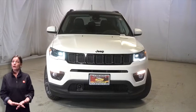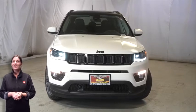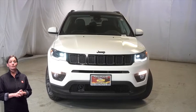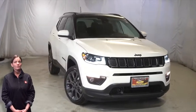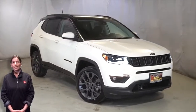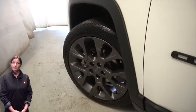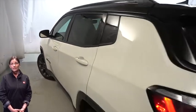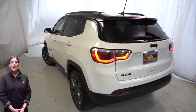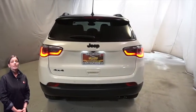If you're looking for a functional, compact SUV with reliability and safety for the whole family, then take a look at this certified pre-owned 2019 Jeep Compass High Altitude in white clear coat. With bi-xenon HID headlamps, adaptive cruise control with stop and go, 19-inch aluminum wheels, black daylight opening moldings, LED tail lamps, heated front seats, heated steering wheel,